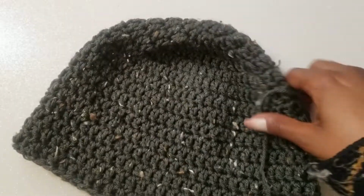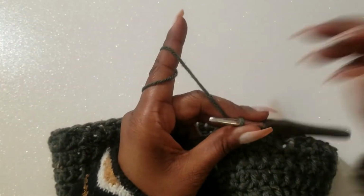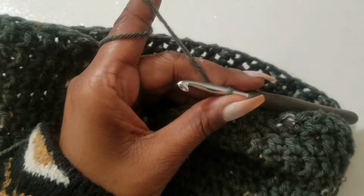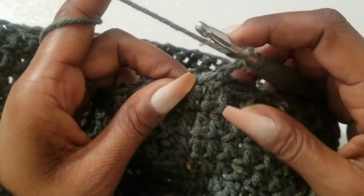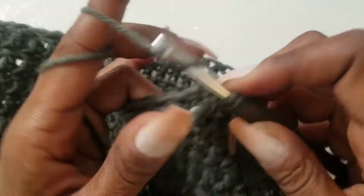I've reached the desired length that I want the beanie to be, and now I'm going to trim it. I've already chained 2. And I think I'm going to trim this one with front post, back post half double crochets. That should be cute. Okay, so we're going to go in underneath from the front of the last half double